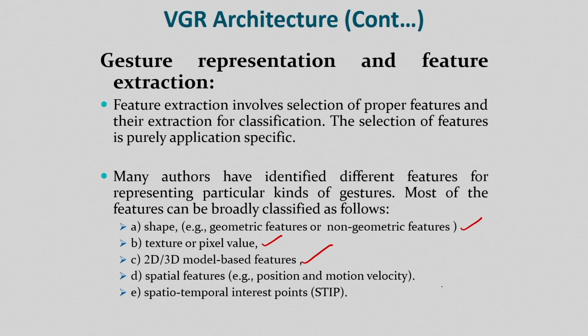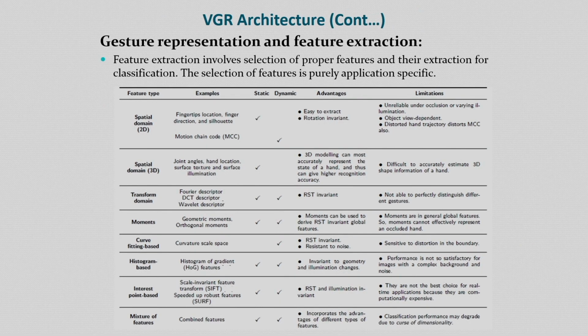Suppose I consider the hand is moving, that means we can determine the motion trajectory, and from the motion trajectory we can determine the dynamic features like velocity and acceleration. All these features we can determine, and also the position of the hand. So this is the motion trajectory, and also we can consider spatio-temporal interest points, and maybe we can determine the SIFT feature also, that is one important feature that can be applied for hand gesture recognition. So in this table I have shown different types of features generally used in the research papers.